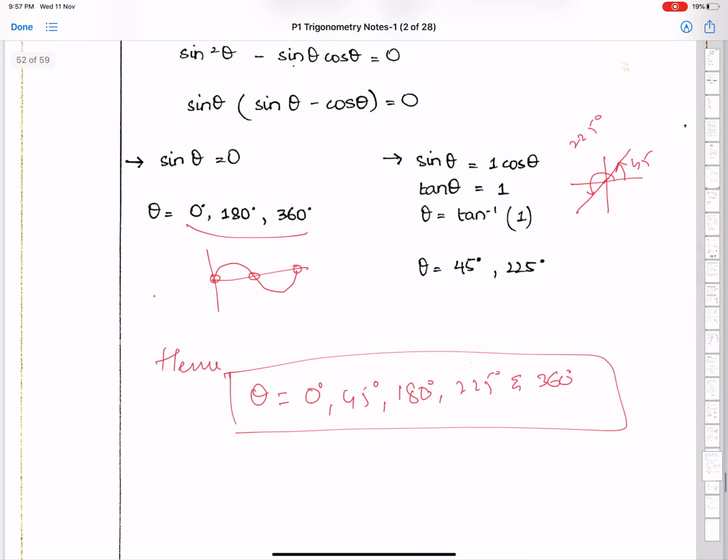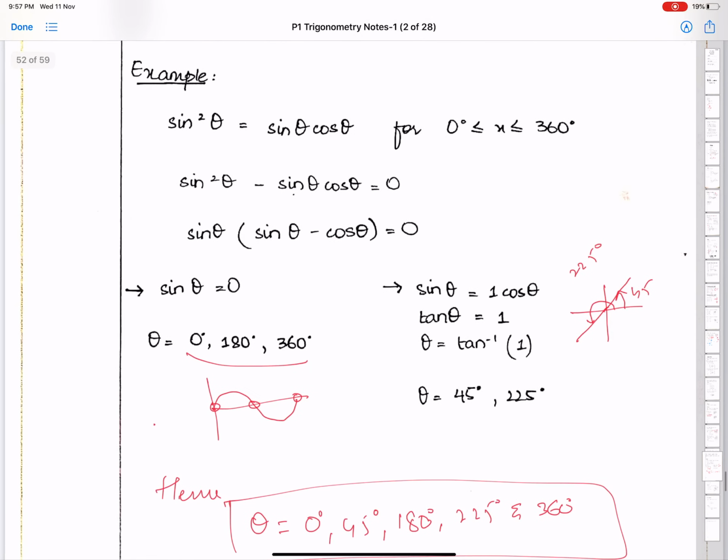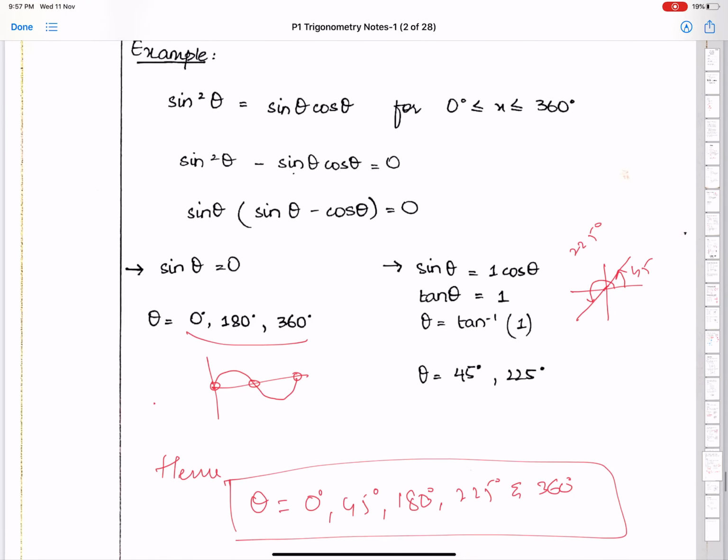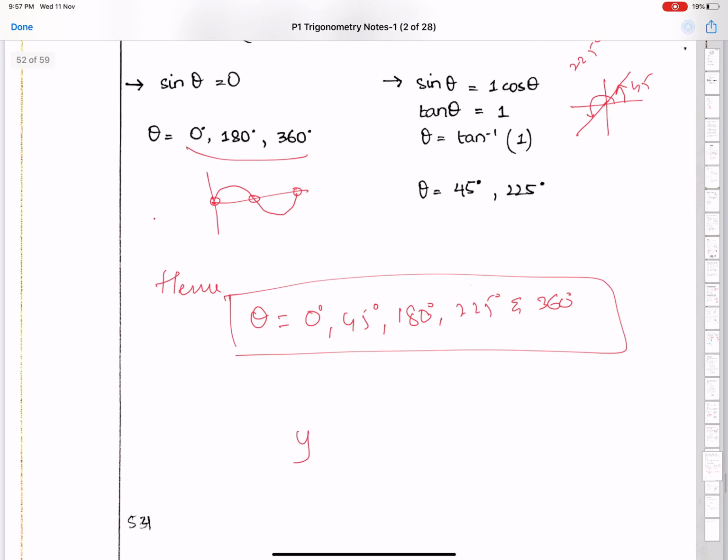So this is all. We have done almost all types of equations. Now you need to practice a lot in order to get good at this topic. One last thing remaining is the sketch of this function, y is equal to sine of theta plus 90, let's suppose. I will discuss this in my next lecture, inshallah.